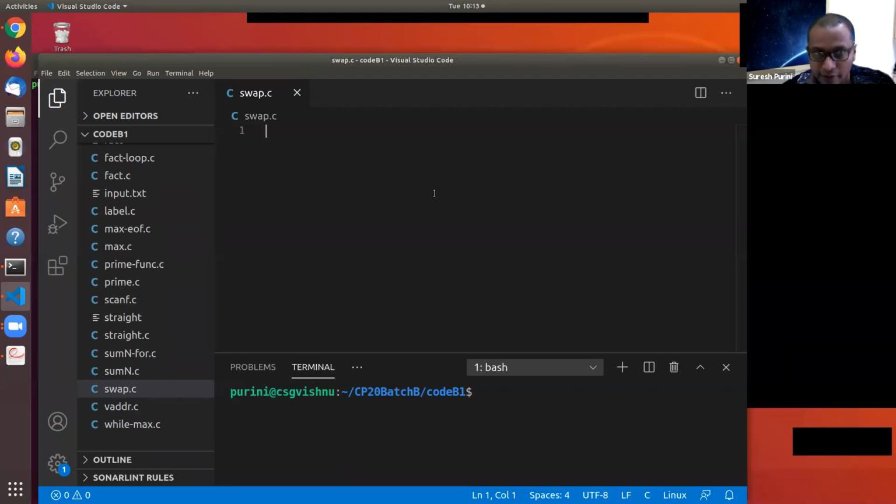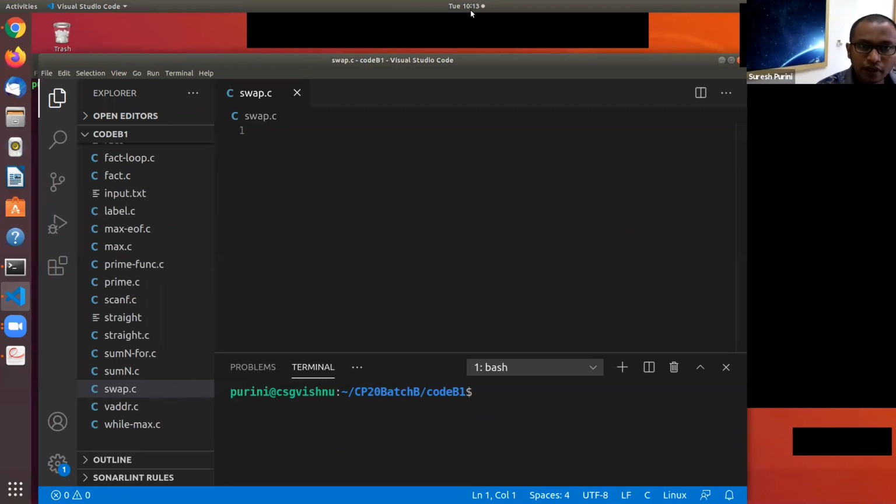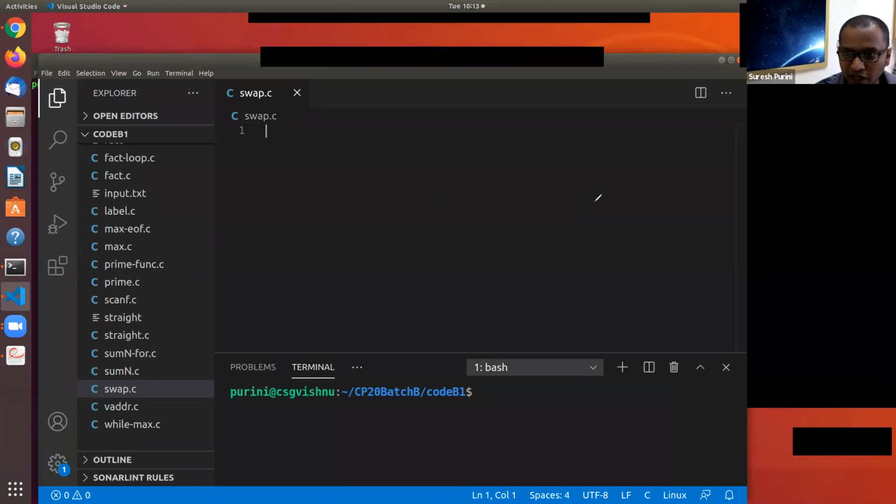Great. So let's say in your program there is a variable a and there is a variable b. So this is your memory. Variable a is allocated memory here and variable b is allocated memory here. So this is variable b and this is variable a. And let's say variable a contains 10 and variable b contains 20.